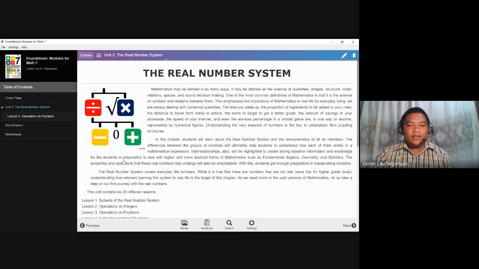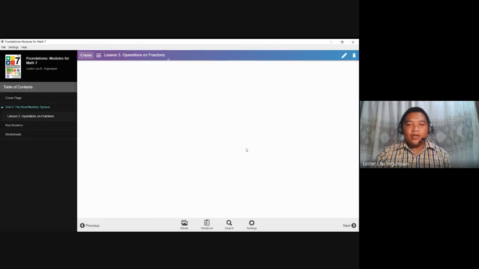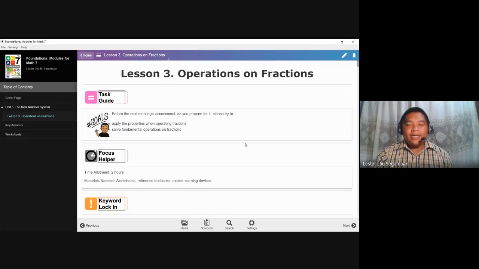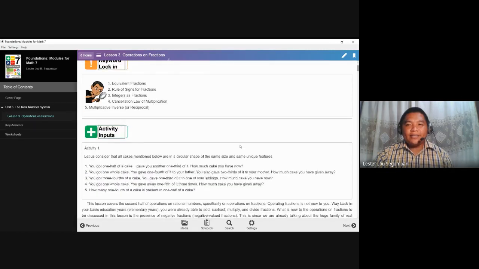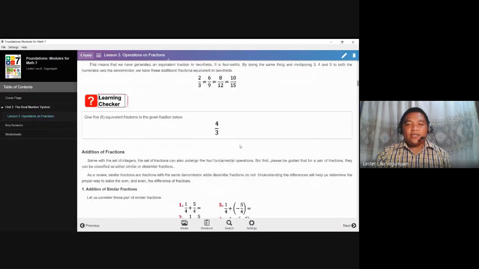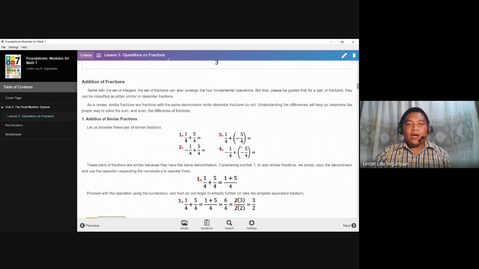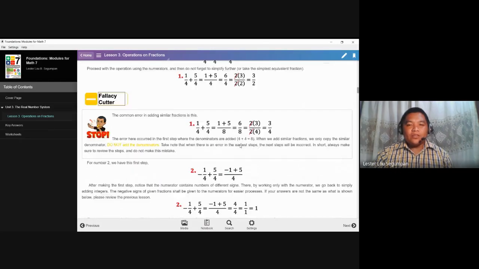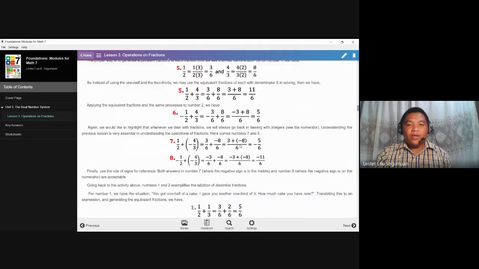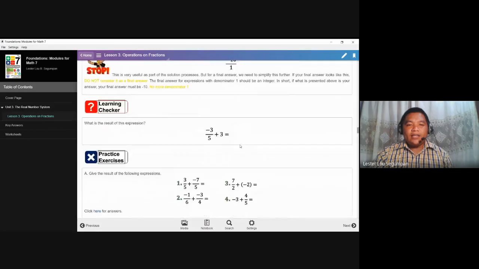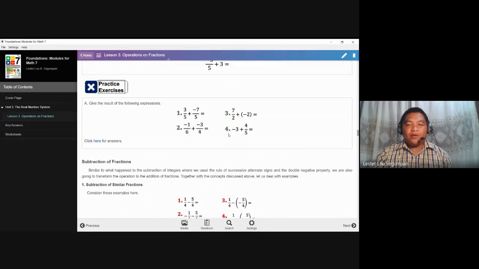So we are not going to talk anymore about the content of this module. We are going to proceed immediately to the practice exercises. For this lesson, we have 4 practice exercises specific for each fundamental operation. So we are going to start first with the addition of fractions. We have 4 problems here, and let's start by sharing to you another window,